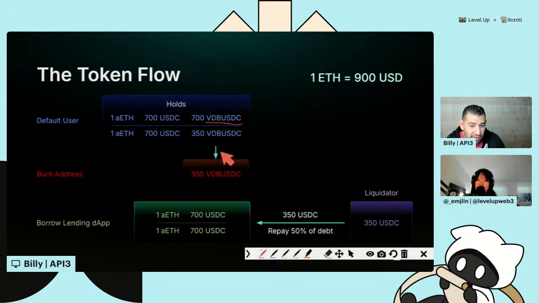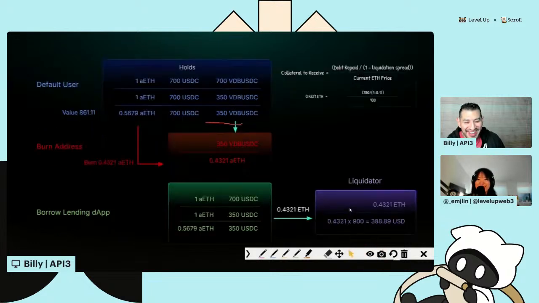In this wallet, you see that the variable debt USDC is getting burned. And in that transaction, we know that the debt is getting burned because I am paying this back. I don't think I need to use the pen, but we'll see. It's a bigger mouse. All right. Now, in the second part of the transaction, again, we were using that same formula.